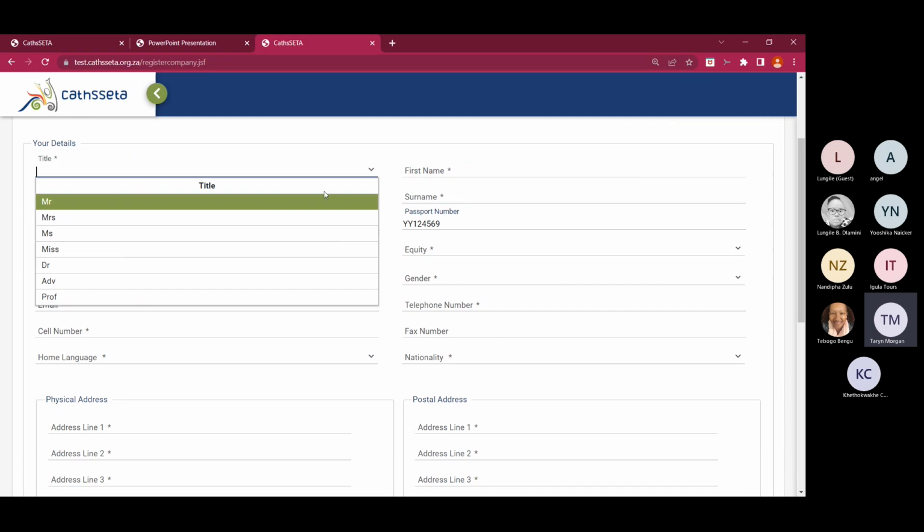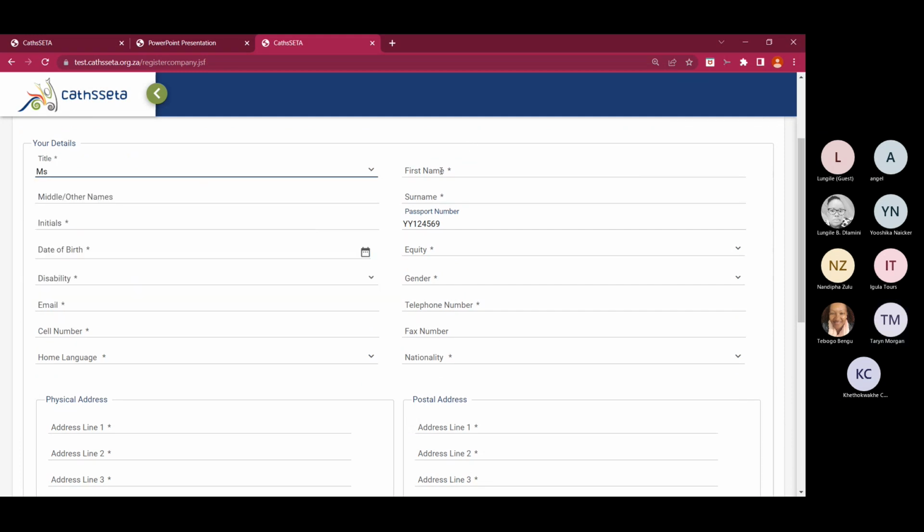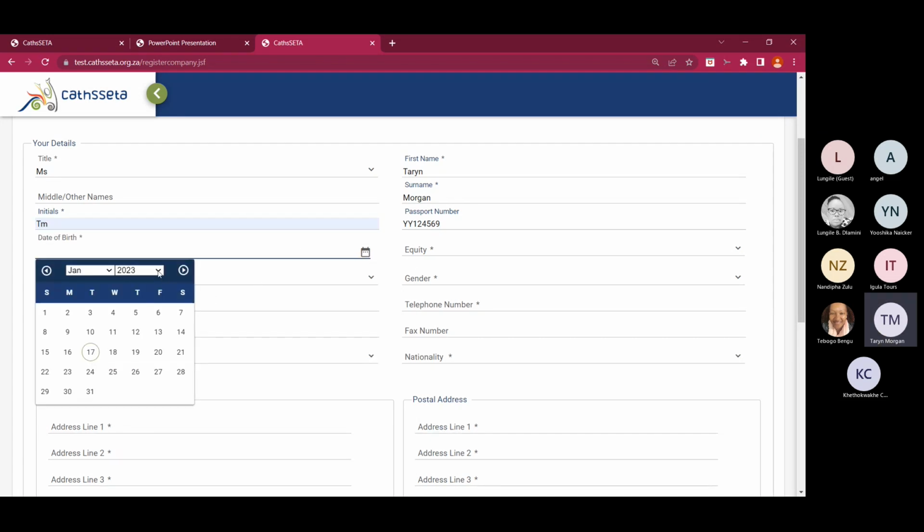So fill in the title, the first name. Please note that when you're adding your first name, please do not add your second name in the first name field, as that will cause an error when submitting. Please do not add special characters within the first name and the surname either, as that will also cause issues when submitting. You'll then be required to enter in your initials, the date of birth,